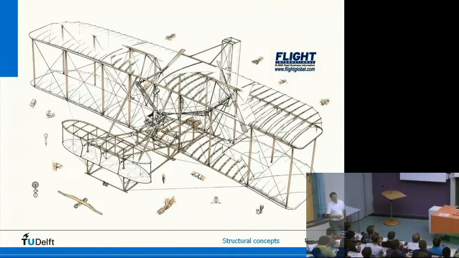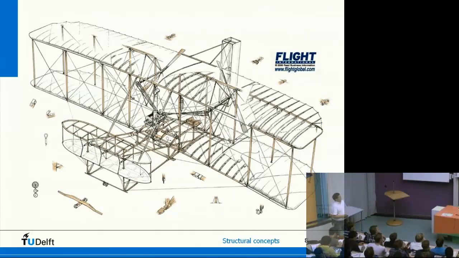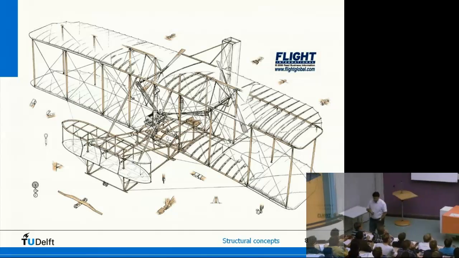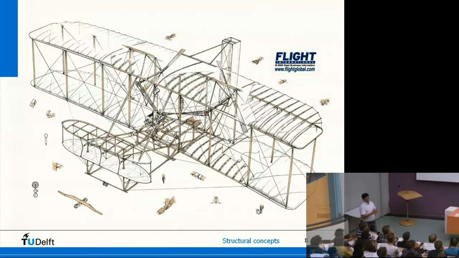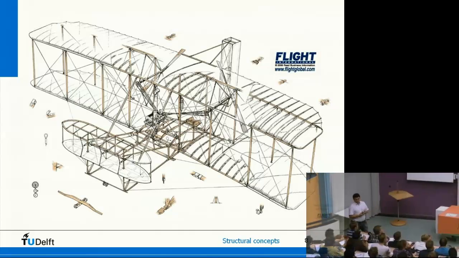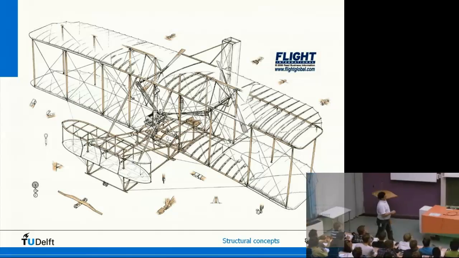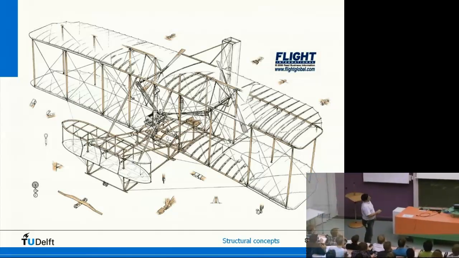This is a familiar picture. We have seen that before. That's the Wright Flyer. Here you see all these wires, these flimsy wooden ribs, you may call them, and also the fabric which is covering the whole system. This is typical from the early days, a structure from the early days. And the strength and the stiffness of that structure is a combination of all these flimsy, fragile elements together with all these wires which are needed to get it rigid and sturdy enough.